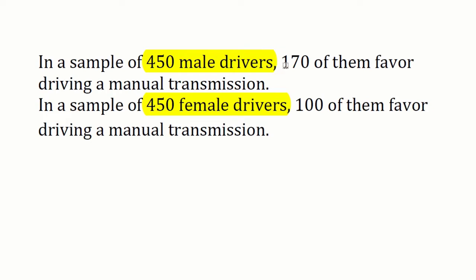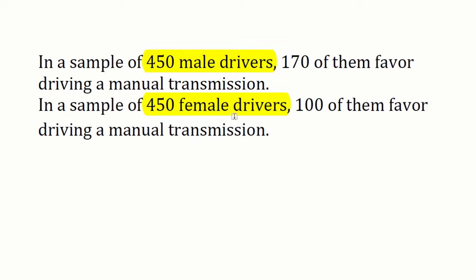So if we put 170 out of 450, we have a proportion. But this proportion, 170 out of 450 male drivers here, is only a sample proportion of those drivers who favor driving a manual transmission, taken out from within the male drivers population. And the same as the other proportion. If we put 100 out of 450, we have a sample proportion of those drivers who favor driving a manual transmission,